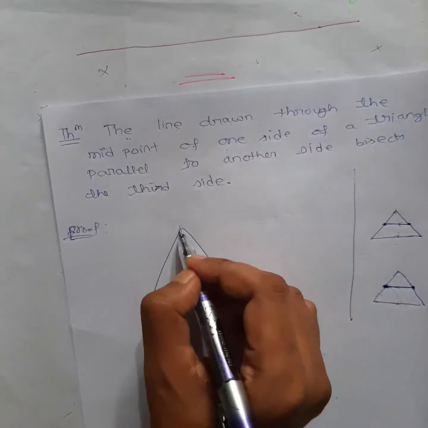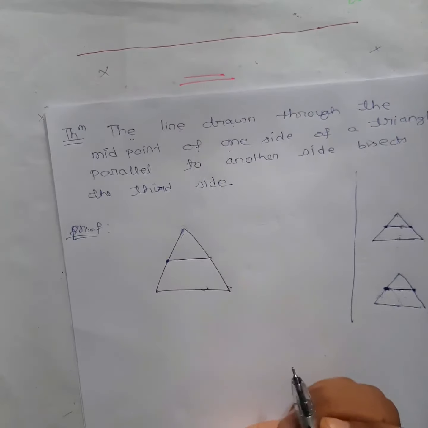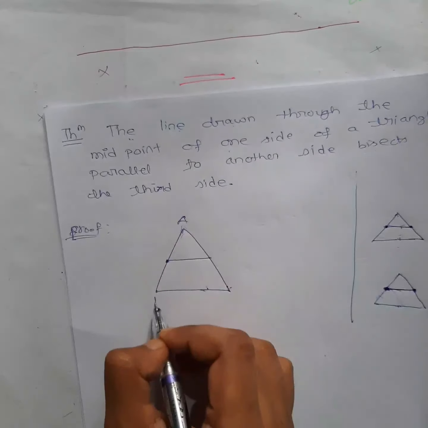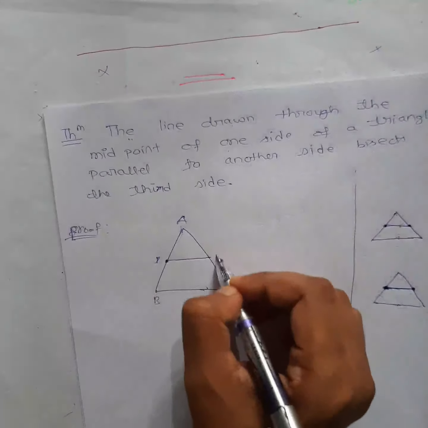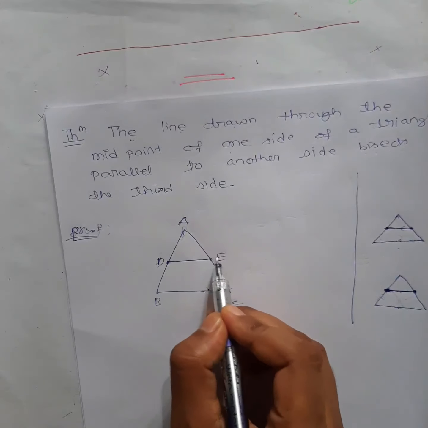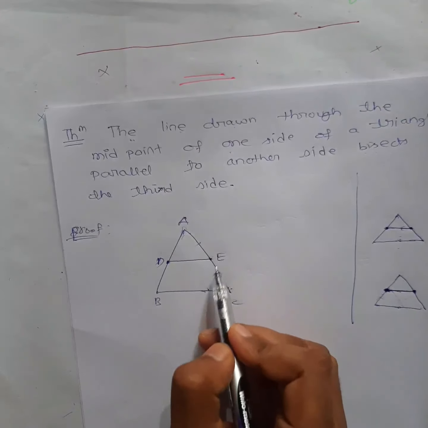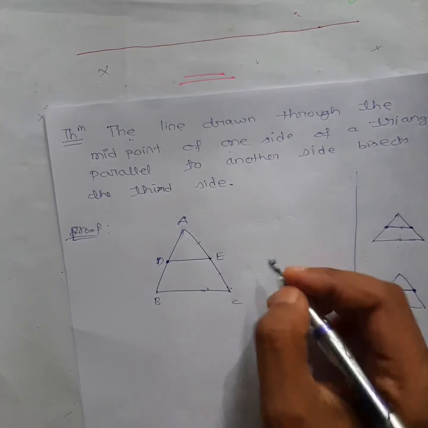Okay, so this is the triangle. Suppose this is the midpoint we have taken, and we have drawn the parallel line. Now I have to prove that, suppose A, B, C, D, E, now I have to prove that this is the midpoint. So to prove this midpoint, what do you have to do? Show that these two are equal. AE is equal to EC, you have to show equal. So what will you do?